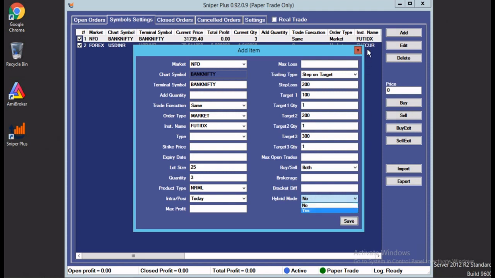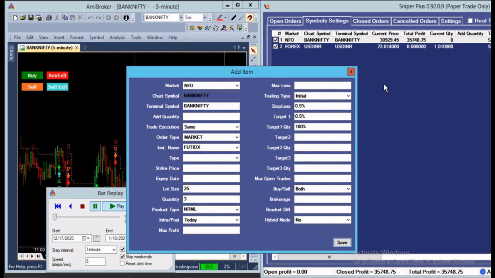Okay, let's start with add quantity. Here we can add the quantity. Let it be 2. Now imagine you are getting a buy call. The software will be taking 3 calls, that is 3 lots in a buy. And if the second trade is in loss, it will increase the lot size to 3 plus 2, that will be 5. So the next loss will be 7, that is 5 plus 2, 7.